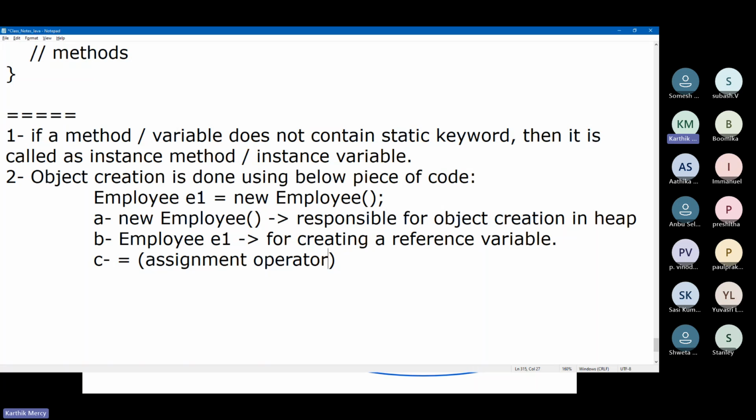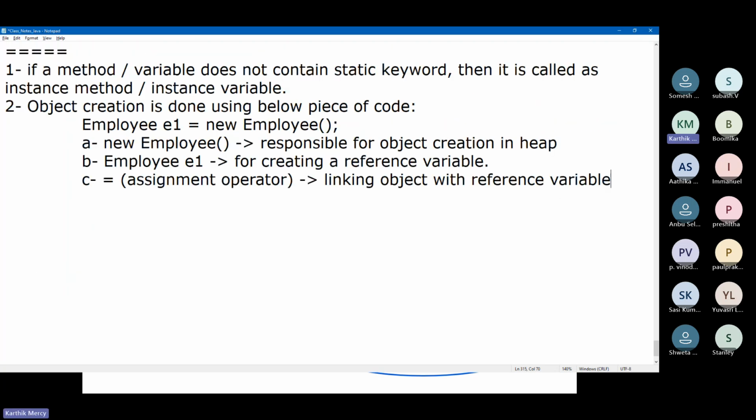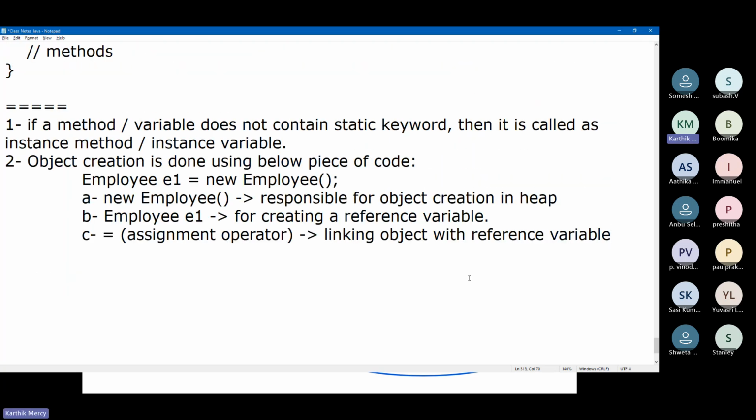But just think that the single equal to symbol is an assignment operator. It is required for linking the object with the reference variable.